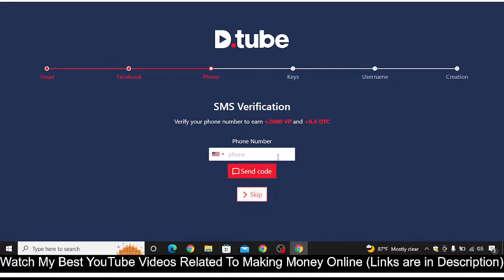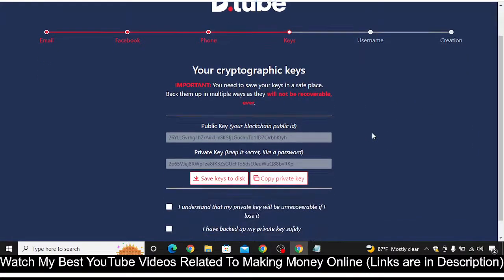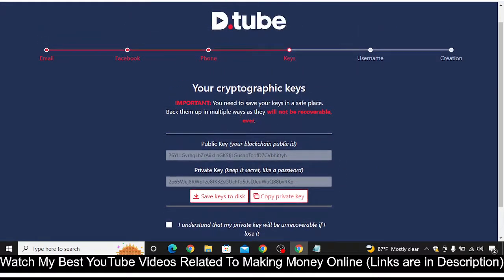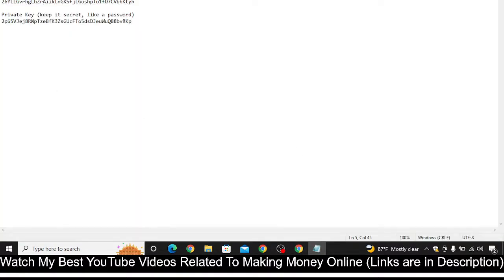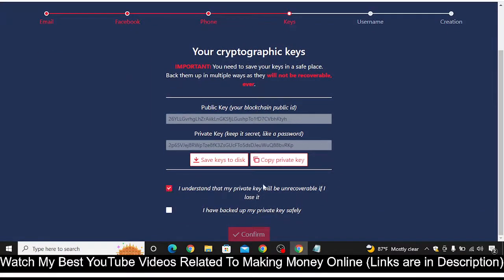You can verify it. Now you'll see this kind of interface and you need to save these keys, okay? For that, you can simply open your notepad and keep your keys in this way, okay? Put it in a safe place. And once that is done, just click on I understand that my private key will be unrecoverable if I lose it, and also select I have a backup of my private key safely,